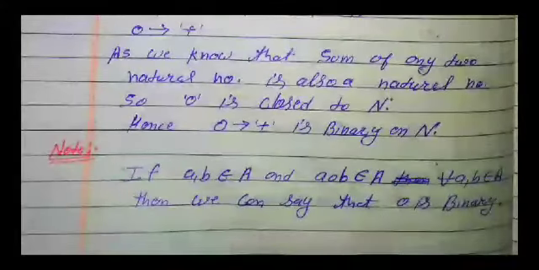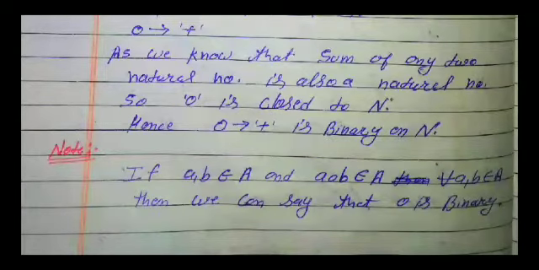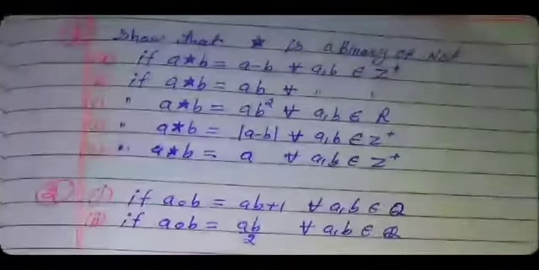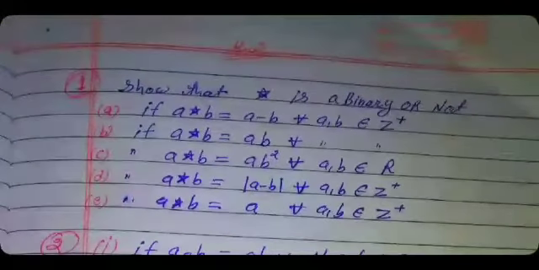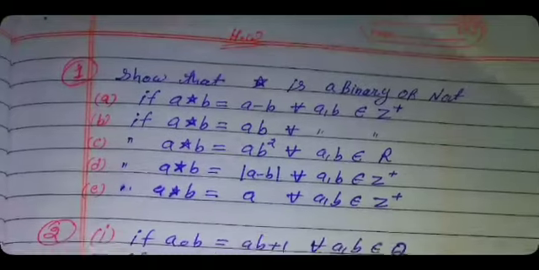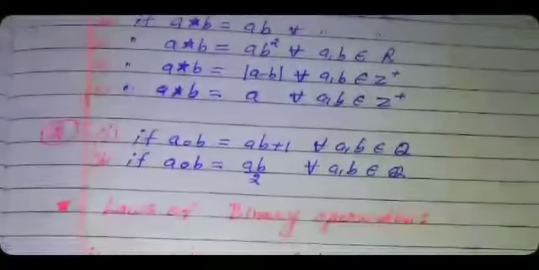Here the note point: if a, b belongs to A and a operation b also belongs to A for all values of a, b, then we can say that O is a binary operation, and this operation is also called the closure property on a given set. Now you will study and explain these questions, so that it is the binary operation or not. Second question,